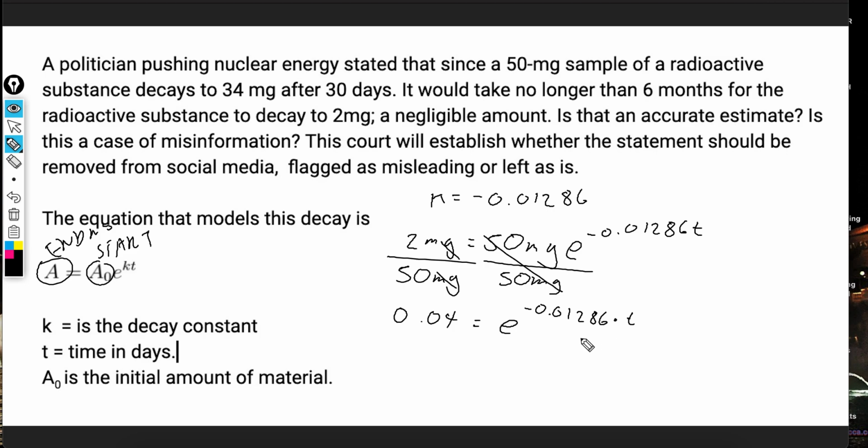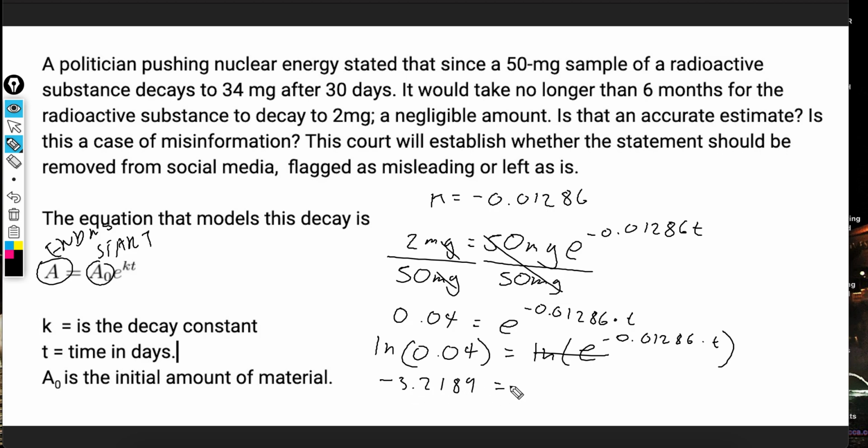So our final step, you guessed it, we're doing the ln of both sides. That's how we get rid of the e. 0.04, boom, equals ln of e to the negative 0.01286 times t. That's gone. That's going to equal negative 3.2189 equals, this drops down, negative